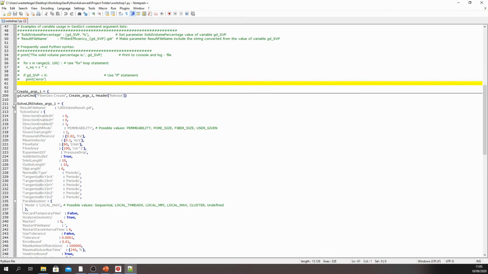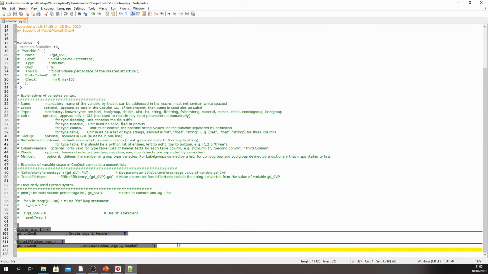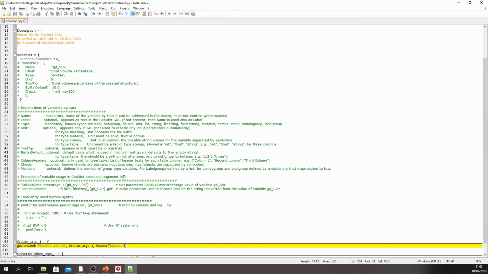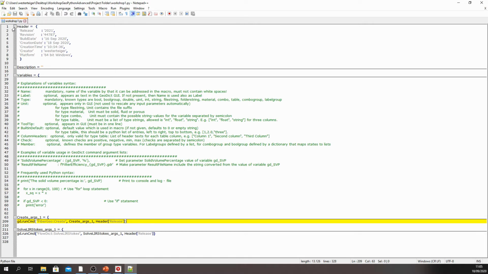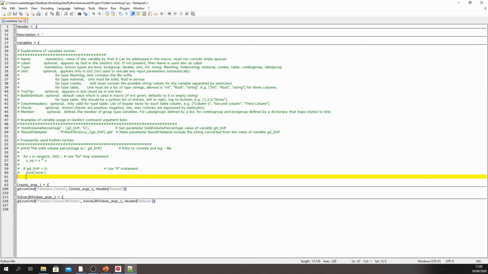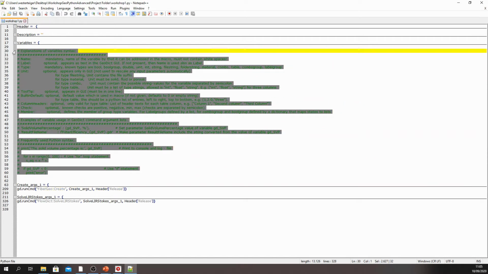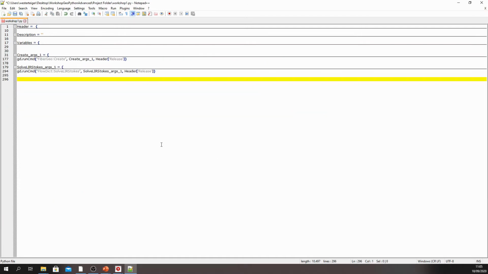The same you can do with the flow solver arguments. And you see that the macro becomes much easier to read because now this just appears as 4 lines. The same you can do with the variables block and the description block and the header. And if you would like at this point, you could also remove this command block here. We're going to be making a lot of use of this folding mechanism later during this workshop.